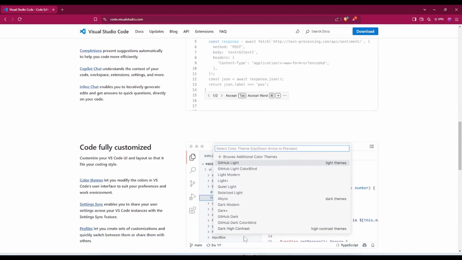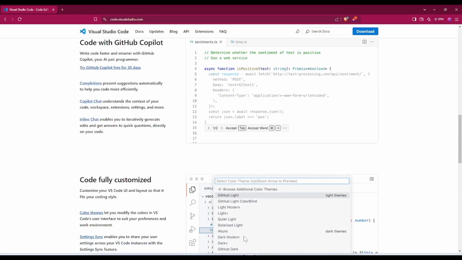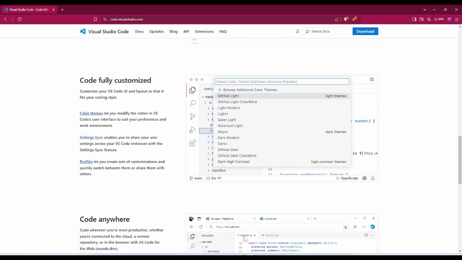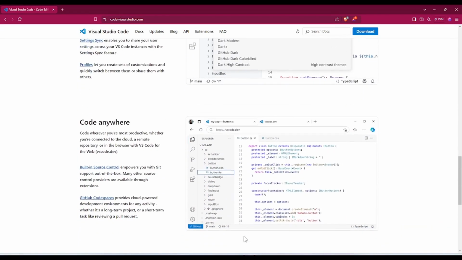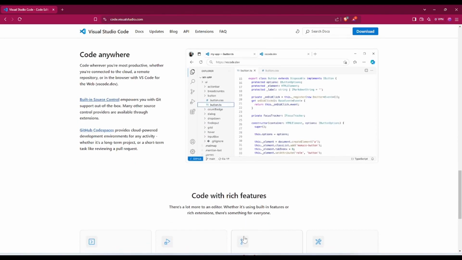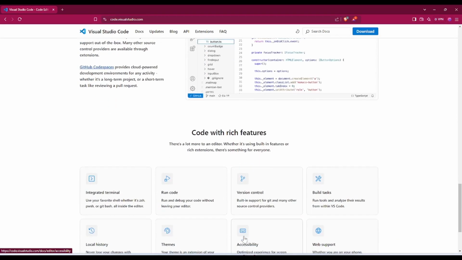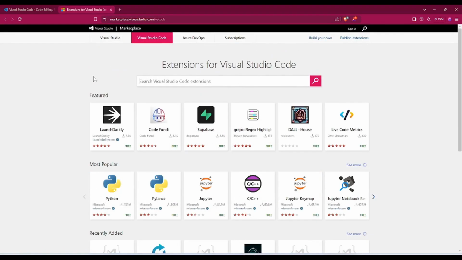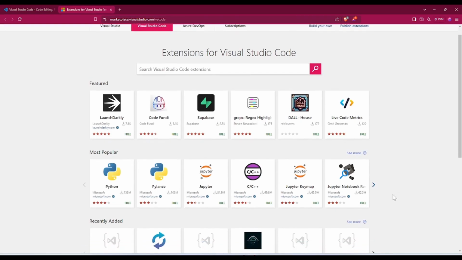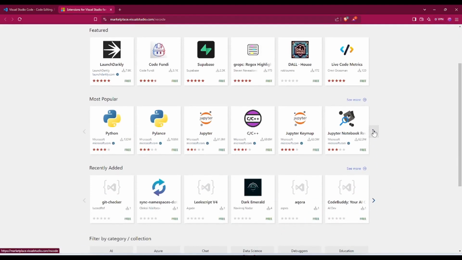the sun, whether you are working with JavaScript, Python, C++, Rust, or even niche languages. VS Code has you covered. But one of the biggest reasons why developers love VS Code is its extensions. These are small tools or plugins that add extra functionality to the editor, transforming it into a powerful development environment. From code formatting to debugging tools and even Git integration, extensions allow you to tailor your workflow to your specific